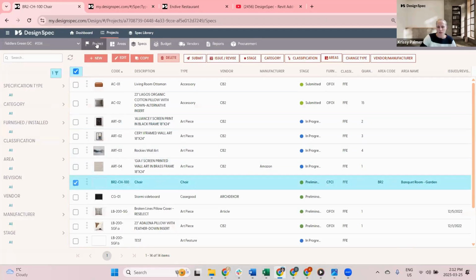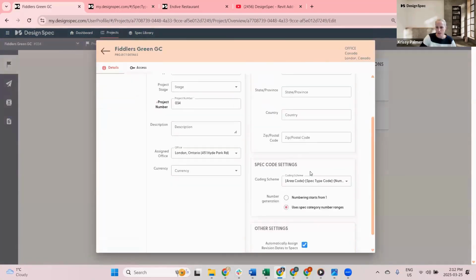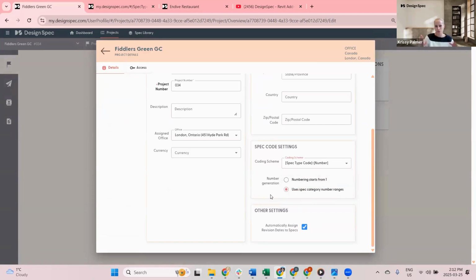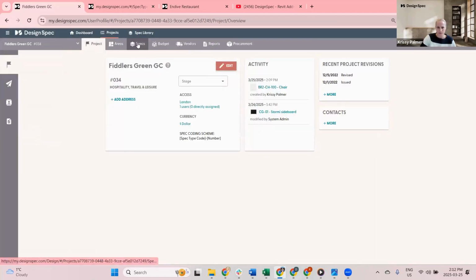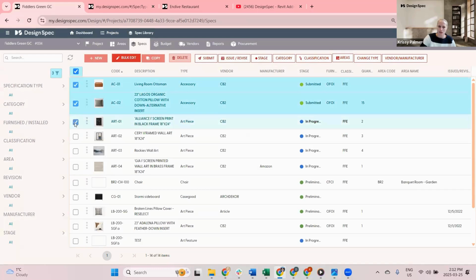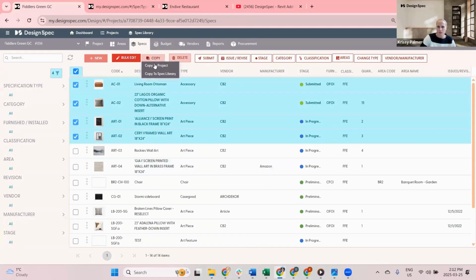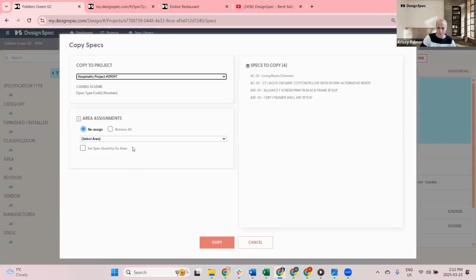If you are within your project and you want to duplicate your project so that you have two projects with all of the same codes, I'm just going to set it up this way because it's a little bit easier to have the default coding scheme. Anytime you want to customize the codes, the default coding scheme is the best option. Basically, as you're copying items from one project to another, you'll be able to keep the same coding scheme. So if I select my new project name,